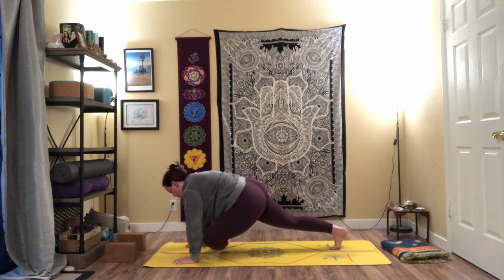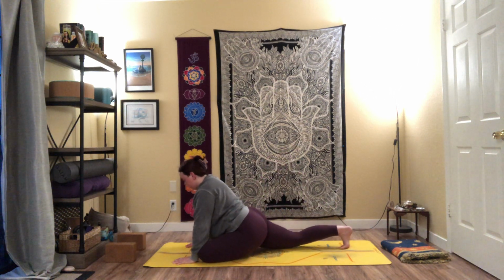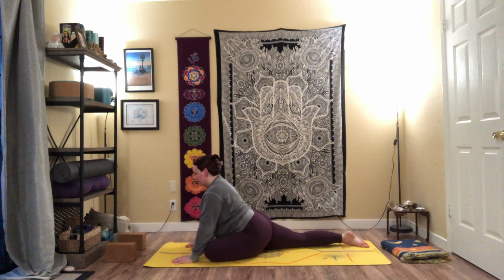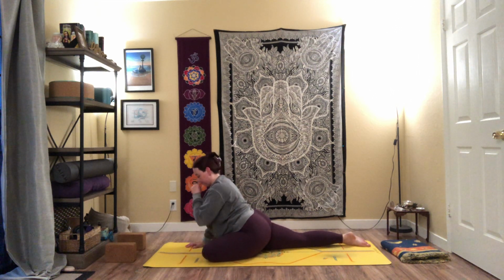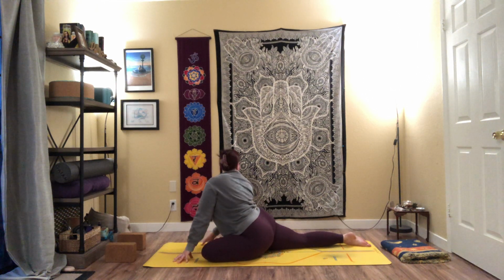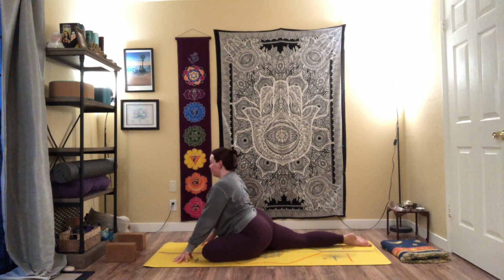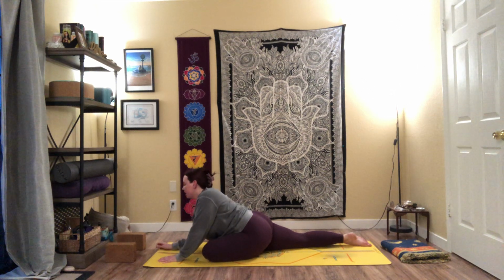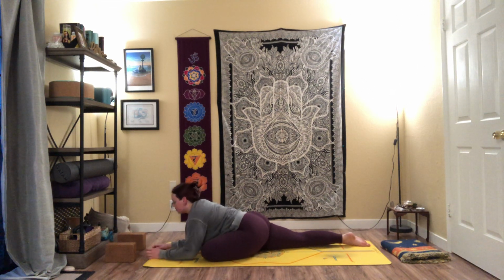So sending the shin forward, left ankle towards right wrist, left knee towards left wrist. Again, trying to get the shin parallel with the top of the mat, but drawing the heel towards the body as much as you need. Gazing over the right shoulder towards the back foot. Make sure the top of the foot is down on the mat. Turning back forward. And once again, slowly lowering down to forearms,